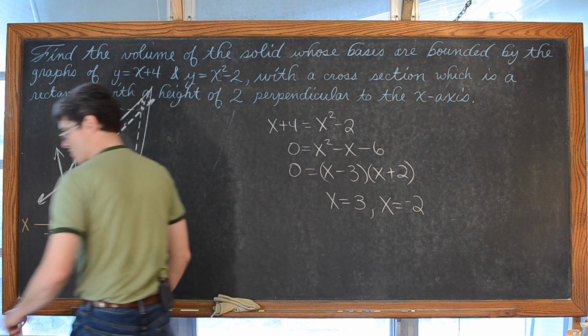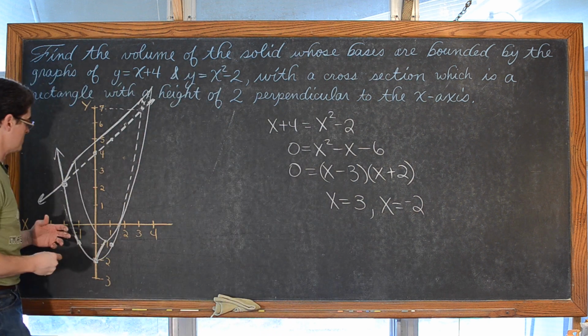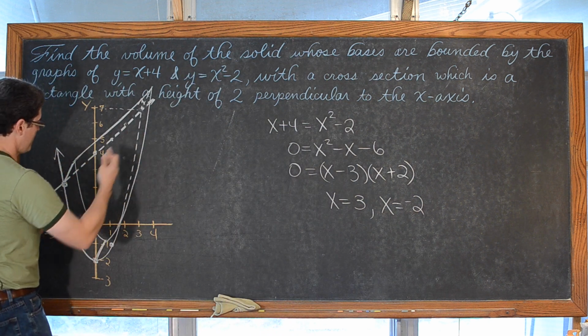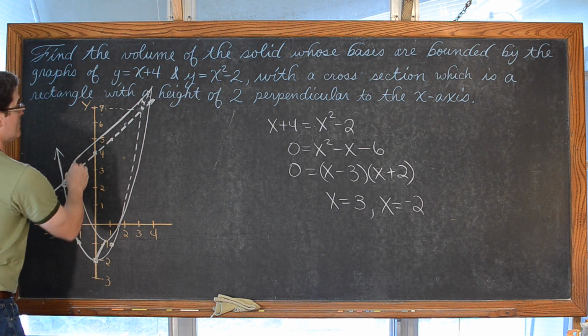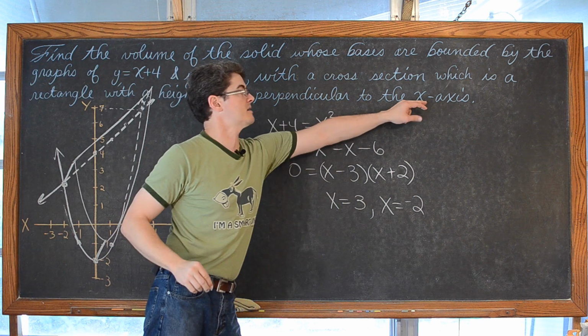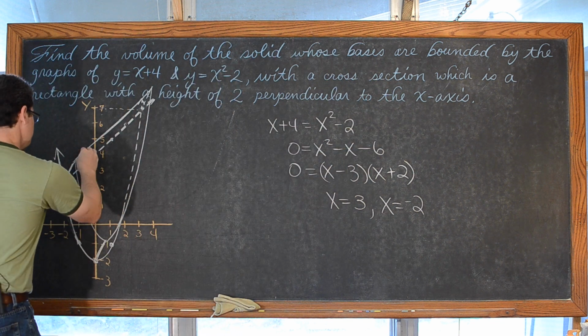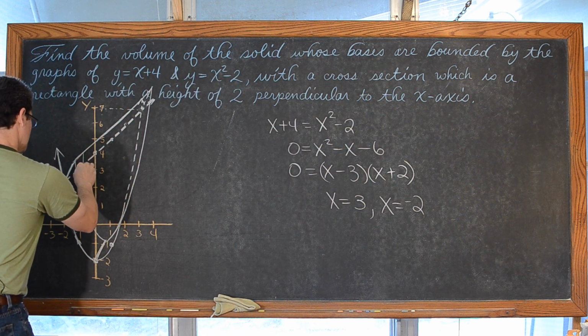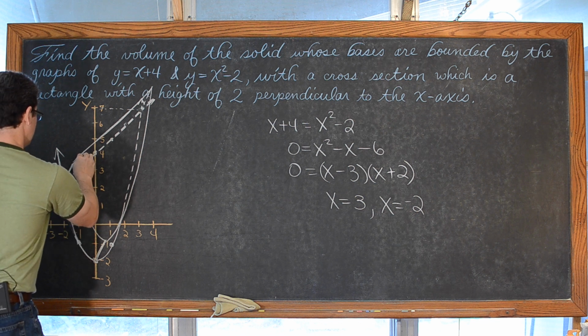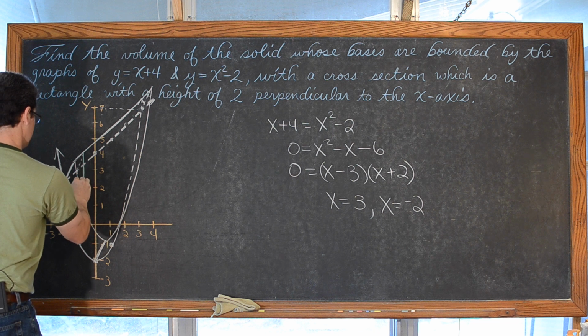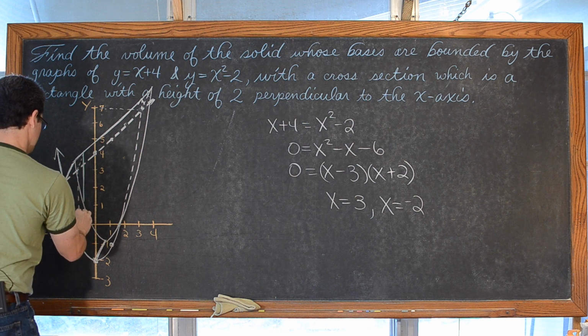Now thinking about this cross section that we're using to find the volume of this object, maybe we have a cross section here coming through, again perpendicular to the x-axis. So that's at the top of the object, so that's going to be solid. Again, trying to keep these lines parallel as much as I can, drawing freehand.